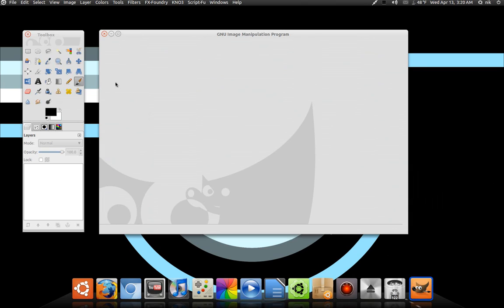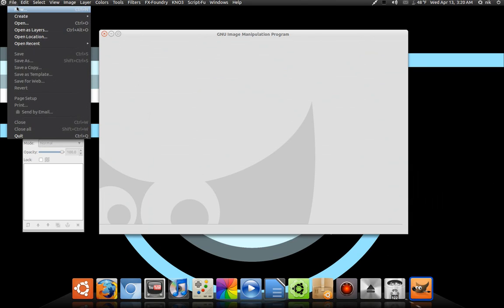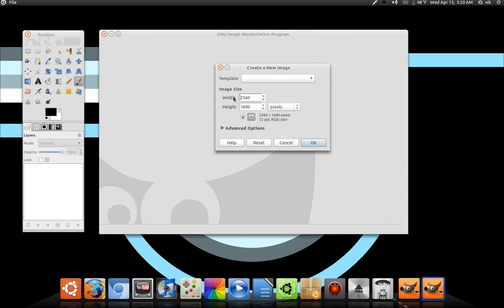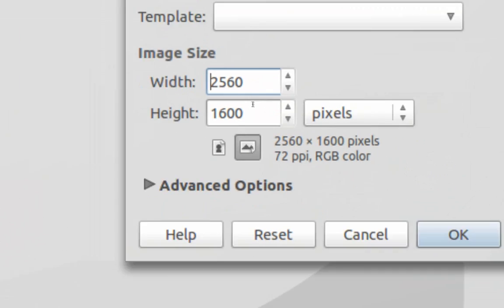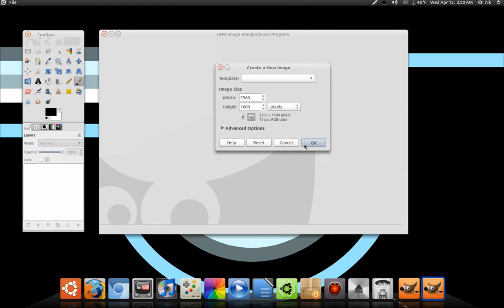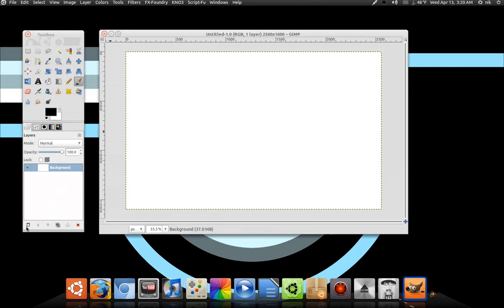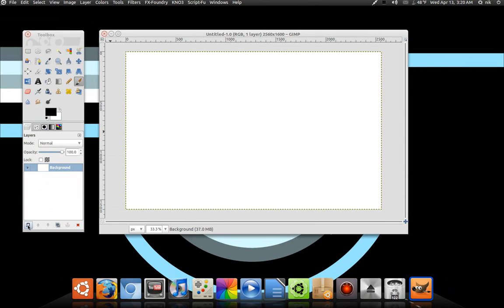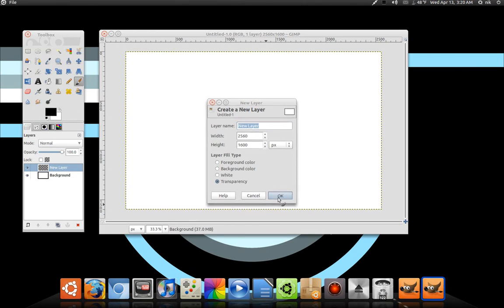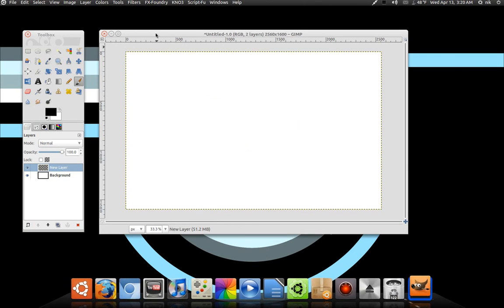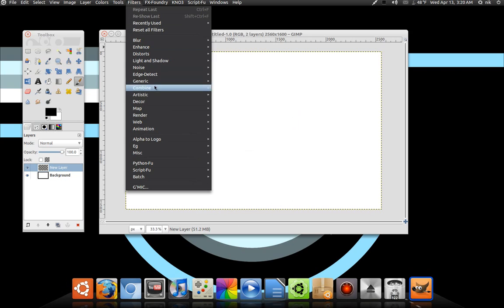Alright. Since this is a wallpaper, I'm going to be going by my resolution. So, File, New. And here's my resolution. So just type in yours. Now press OK. Now, first thing to do is make a transparent layer. Press OK. Now, go to Filters, Render,